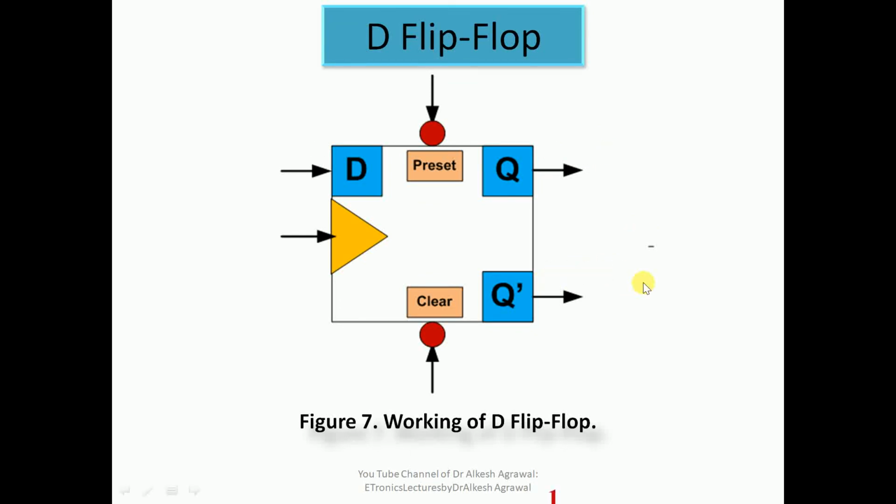Let us see another situation. If Qt is 1, the Q complement will be 0, and if we give D input as 0, the next state will be fixed to 0, that is, it will transit from 1 to 0. So you see the next state is the same as what you give at the input, and obviously when Qt changes from 1 to 0, the Q complement will change from 0 to 1.